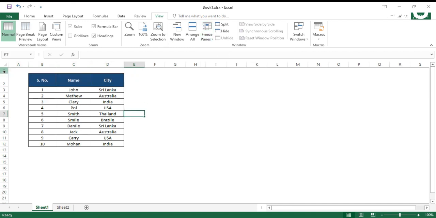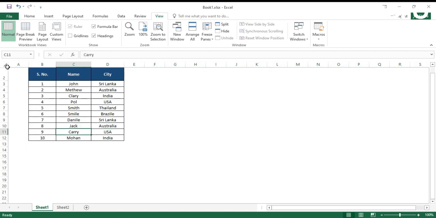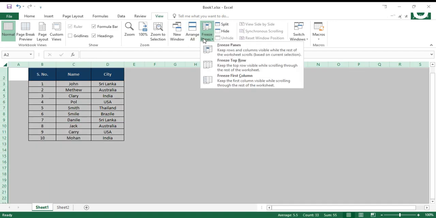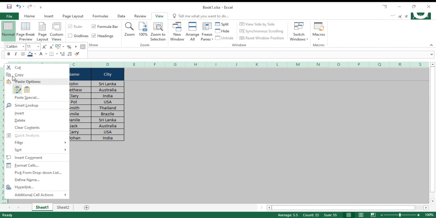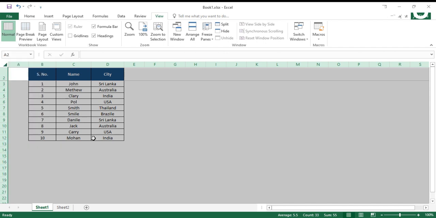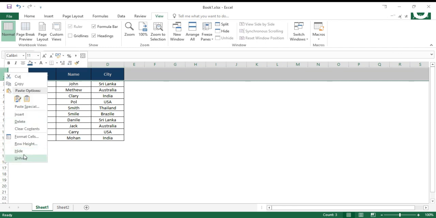first click on Unfreeze, then first hide the first row of the sheet and then freeze the first row using the View tab option. Now you can see that the first row of the table is frozen. Now you unhide the first row and check that the top row of the table is frozen, and how to hide and unhide